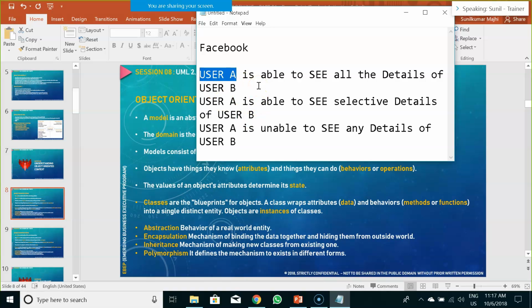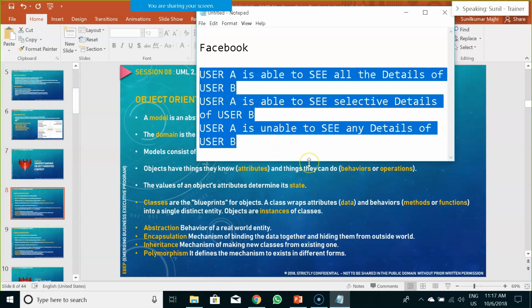It is up to me whether I want to show all the details or selective details, or not disclose any details for a particular object, user A and user B. So these things can be achieved via encapsulation. These were all examples of encapsulation, wherein we decide how much to show and how much to hide from each other object.